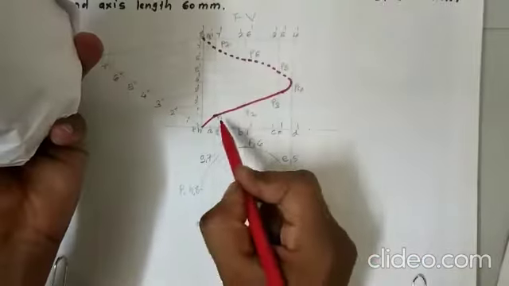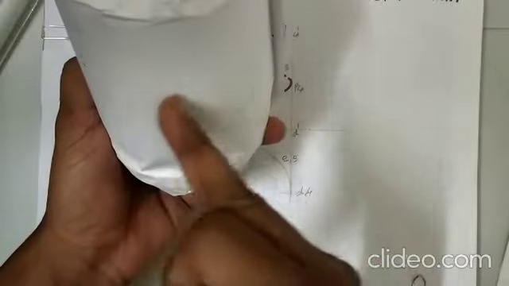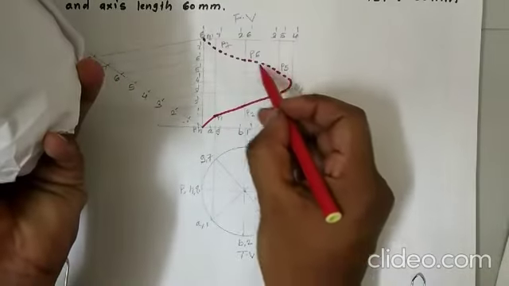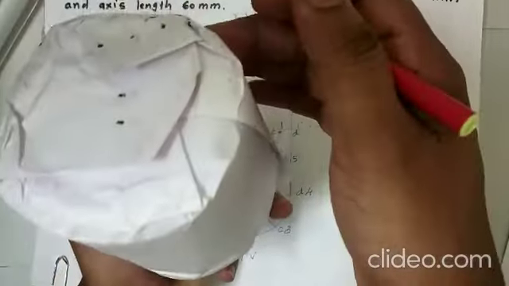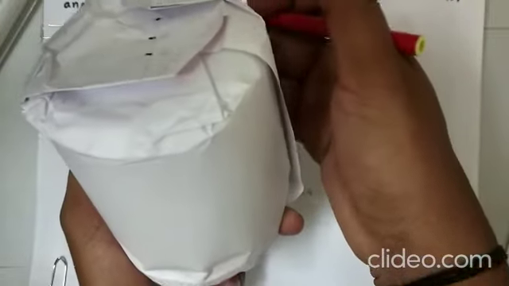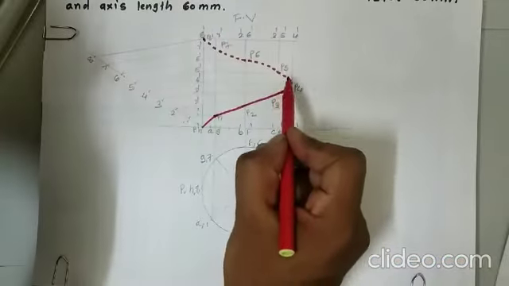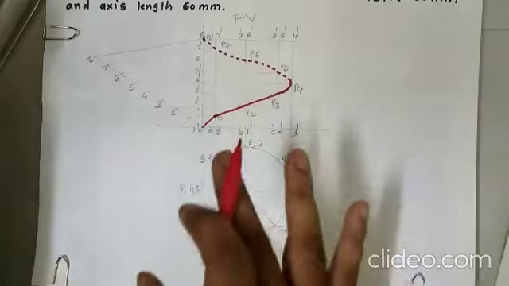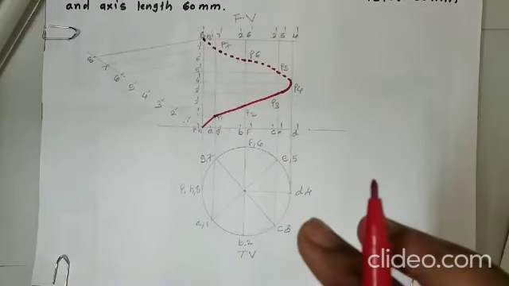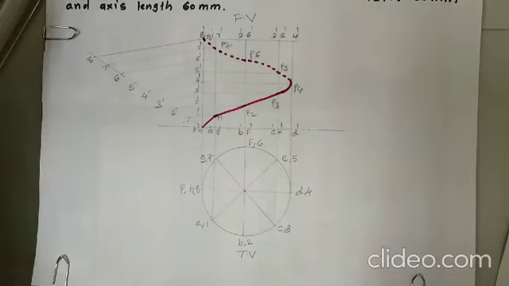So that's why the front portion is shown in continuous line and the remaining half portion in dotted line, because P1, P2, P3, P4 will appear on the front side of this cylinder, and P5, P6, P7, P8 appear on the back side, so they are not visible. That's why I have shown this dotted line. So this is how we construct the helix for a cylinder.